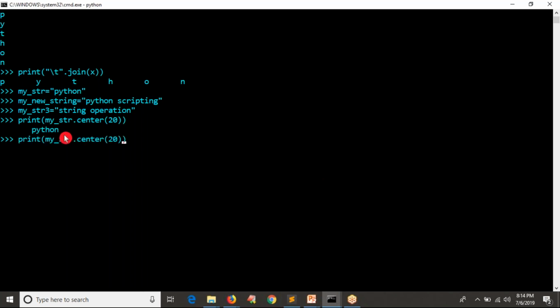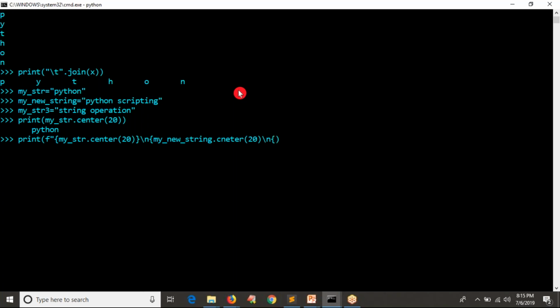Likewise I want to print, let me use format, all strings at a time. So in the next line I want to print my new string dot center 20. See the output so that you can understand what is the purpose of this center.